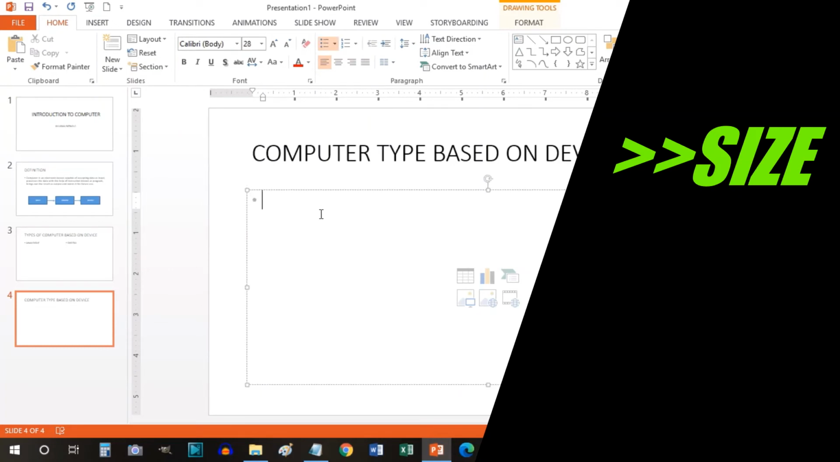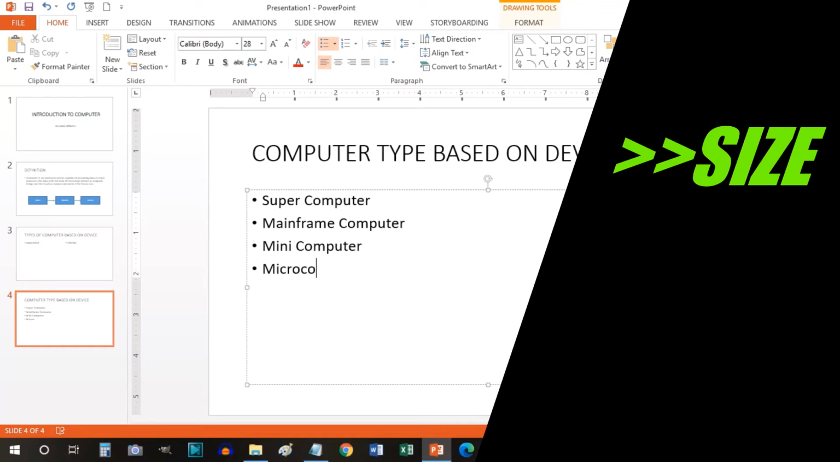So here we'll have something like supercomputer, we have mainframe computer, we have minicomputer, and finally we have microcomputer. So I want to show you how to use images. If I want to bring out the images of these types of computers, what I will do is go